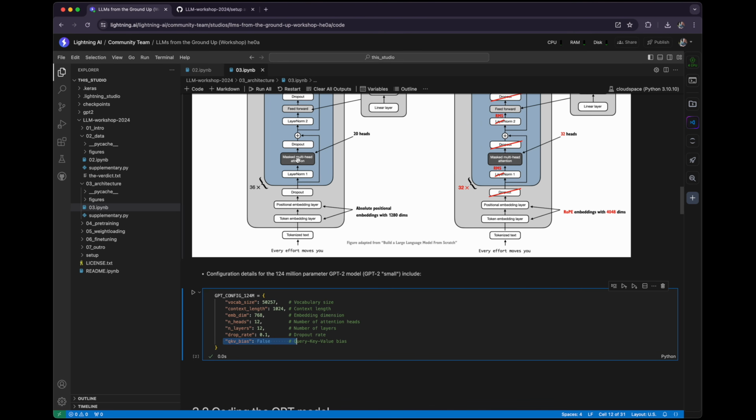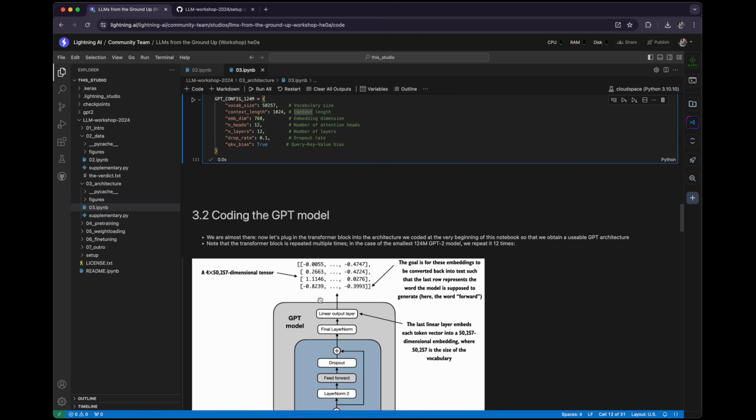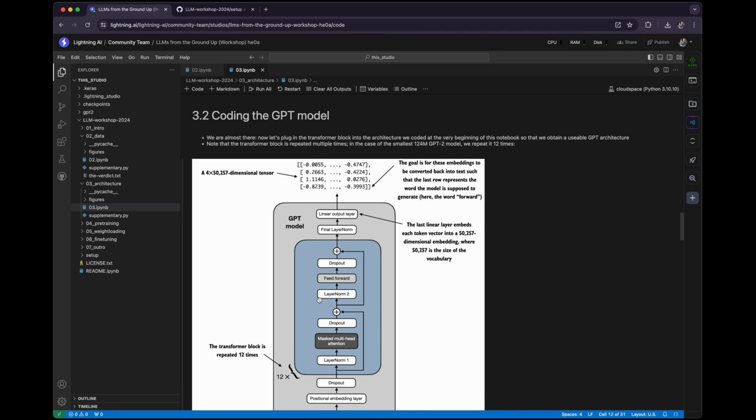However, the original researchers who implemented GPT, the original GPT model, did use a bias unit for the QKV matrices, which is a bit weird, but it's maybe just what they did. But then if we want to load these weights later, we have to match that. So in this case, I have a toggle, so we can later load the pre-trained weights. Now, this is just a big picture overview, of course,